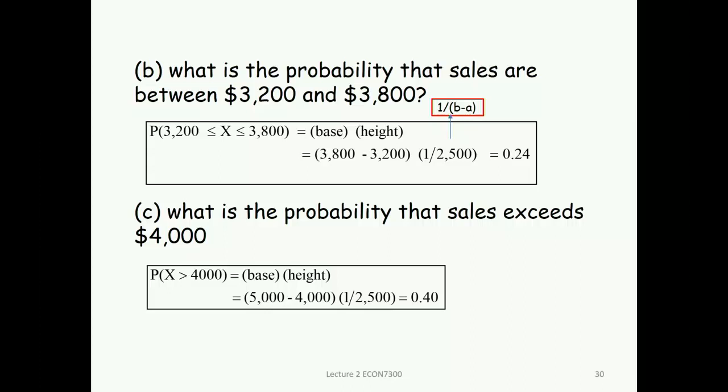But when we say uniform, the idea is that in every 1 minute interval, the probability remains the same. 120 to 121, 121 to 122, 122 to 123. The probability between these intervals would remain the same. That's why we call it uniform.